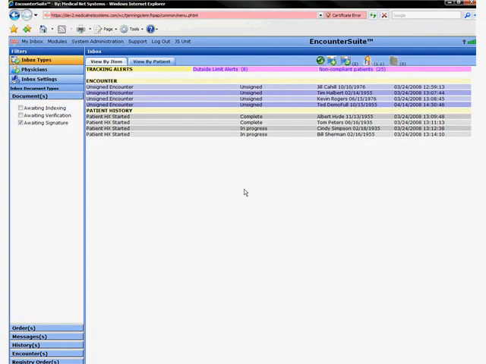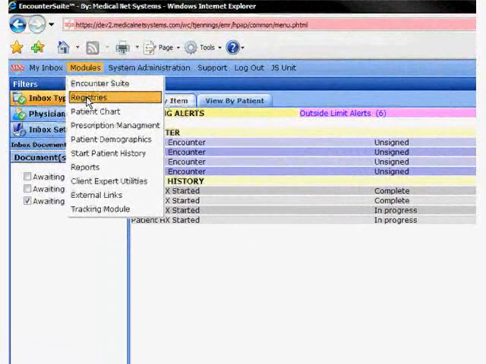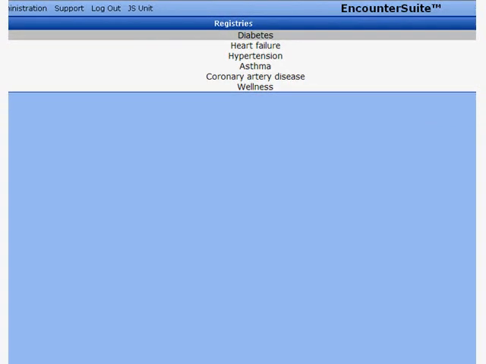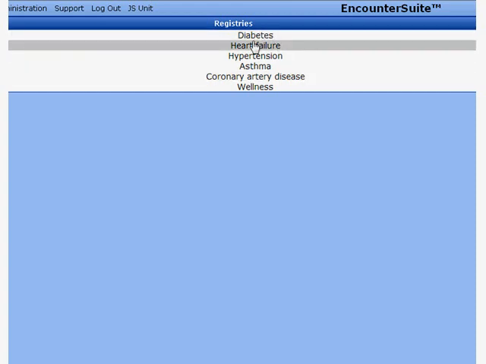In this demonstration, we'll be looking at the patient registries. Patient registries are found under the modules in EncounterSuite. Basically, if you think of all the guidelines for a patient, whether wellness guidelines or disease management guidelines, and you take all those guidelines for every patient in the practice and aggregate them on the basis of these diseases, or in wellness,